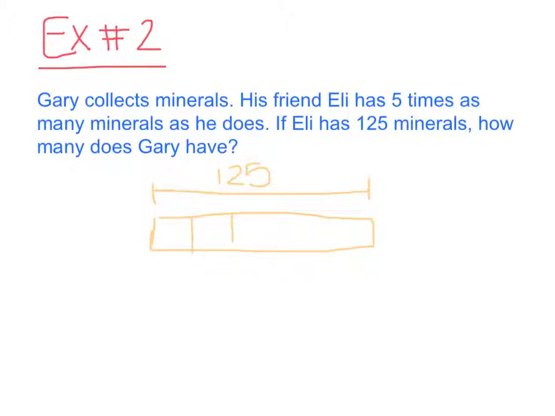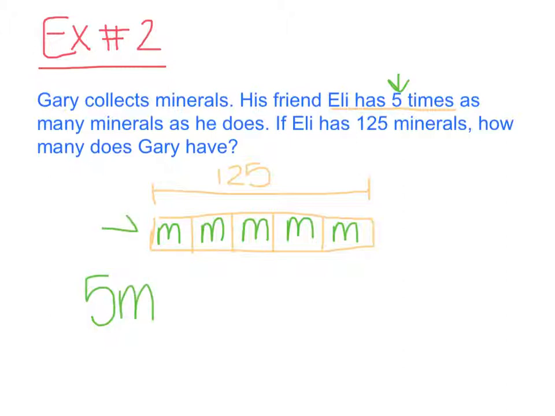And again, I'm going to separate that into 5 sections because of this part right here. Eli has 5 times as many as Gary. Now, we don't know how much is in each of those boxes, so I'm going to put M to represent that because that's what we're trying to figure out. Alright, so now we have our picture and now we're going to do our equation. So we're going to have 5 because he has 5 times as much, 5 times our variable. There's 5 boxes there. Each box has M in it, so that's where I got 5M